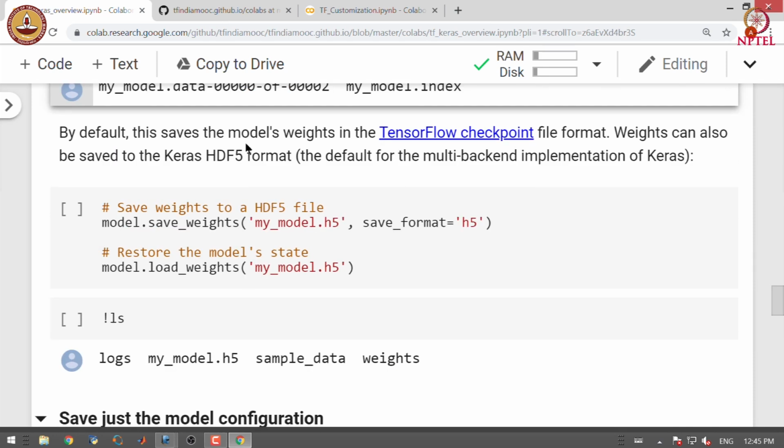By default, the model's weights are stored in TensorFlow checkpoint format. Weights can also be saved to HDF5 format, which is the default for the multi-backend implementation of Keras.